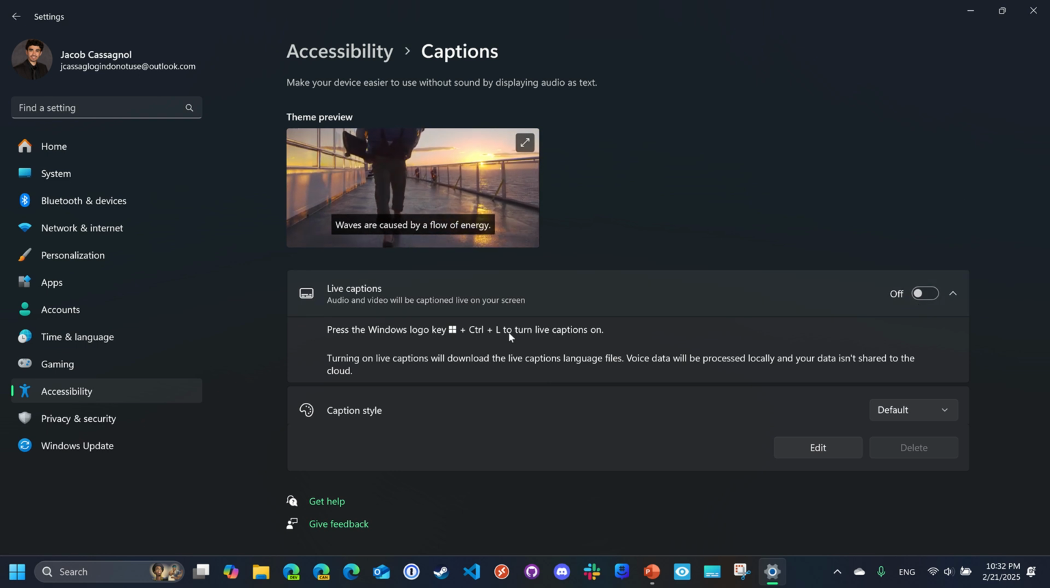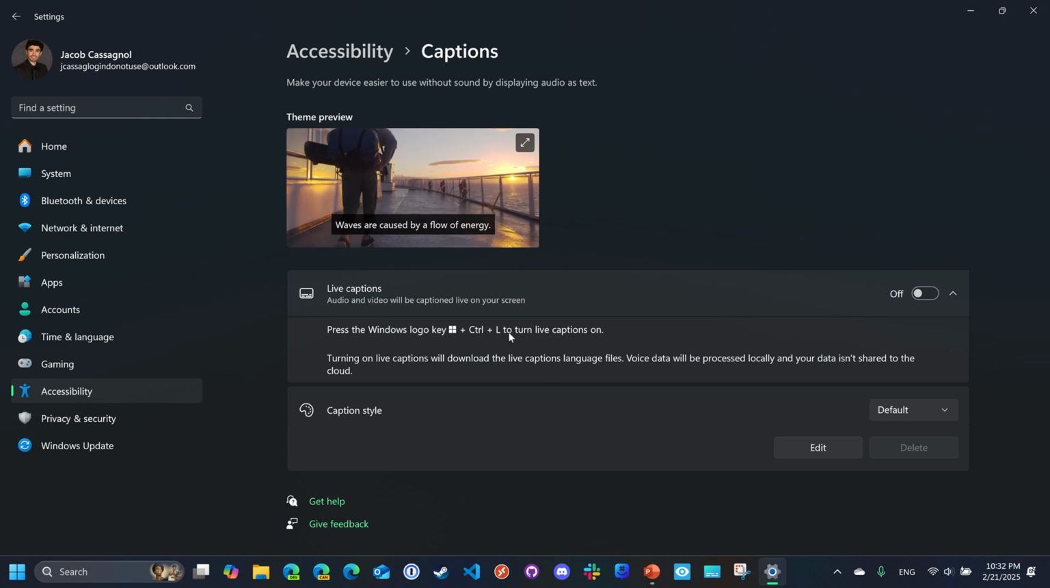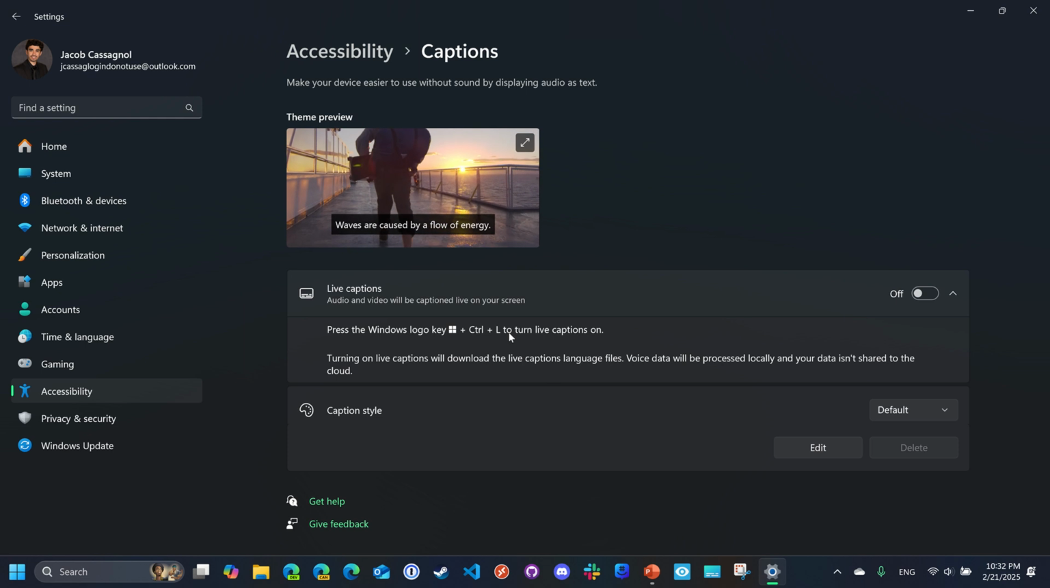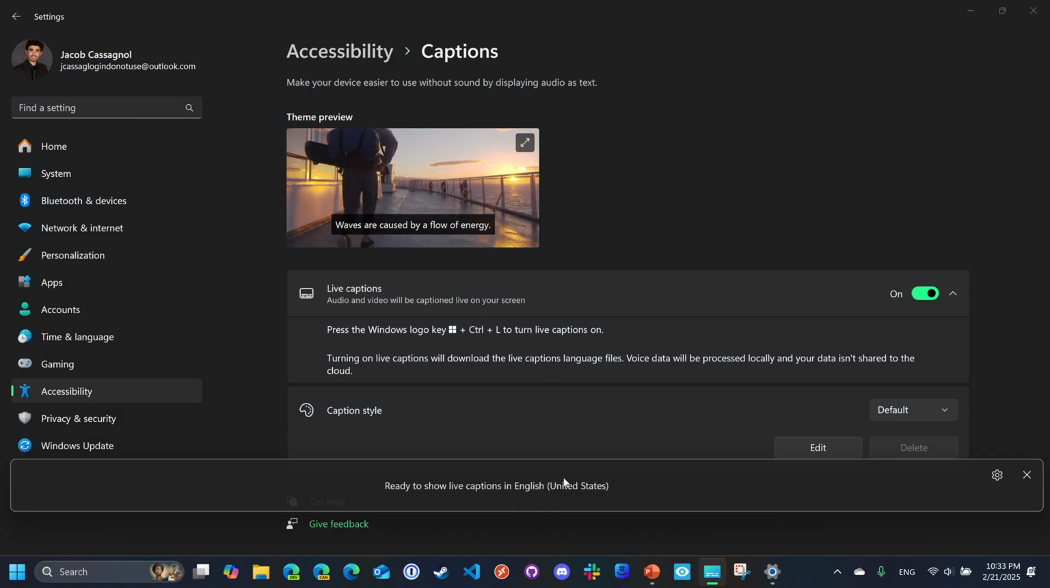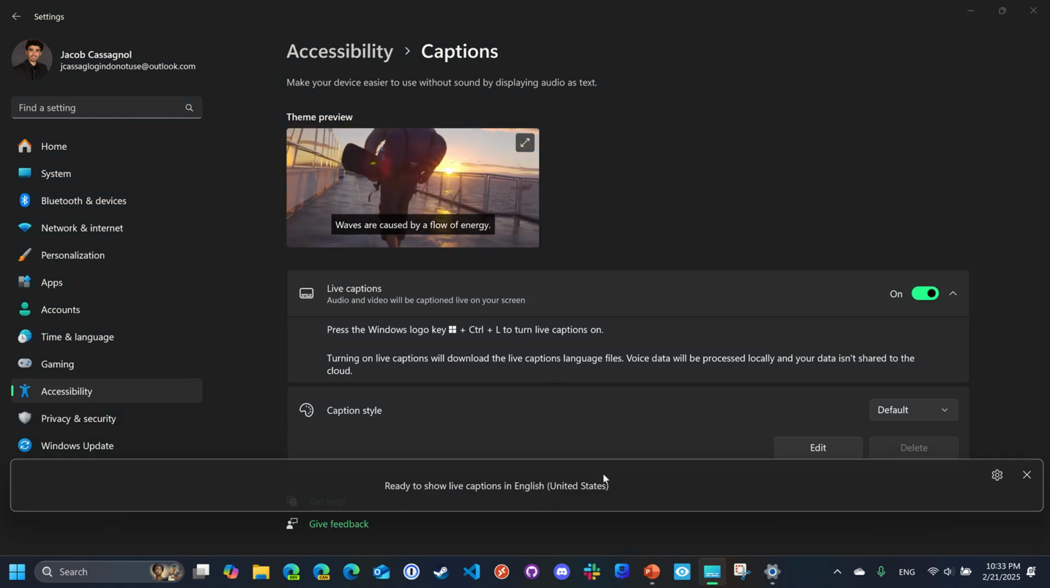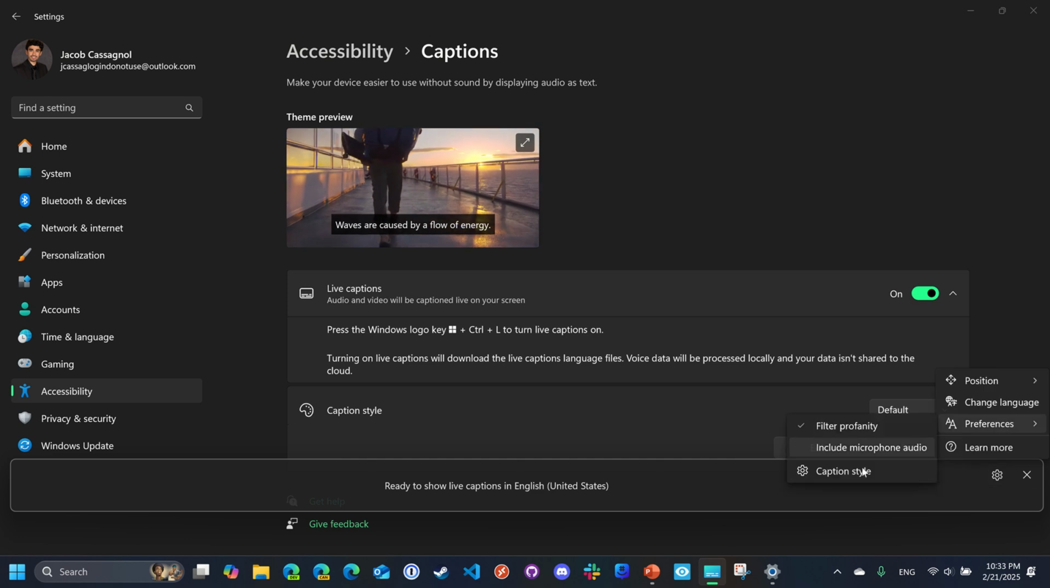Now, the first time you set it up, you're going to actually have to enable it and agree to turning it on to do it locally. The data is local, and your data is not shared. It is an ethical use of AI, if you will. So you can either turn it on here, and when you turn it on, it's the same thing as before. It'll show ready to show live captions in English,